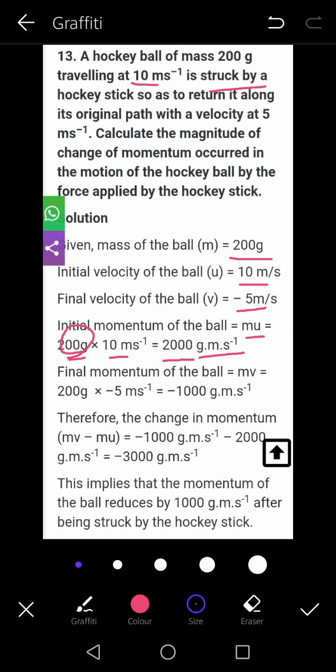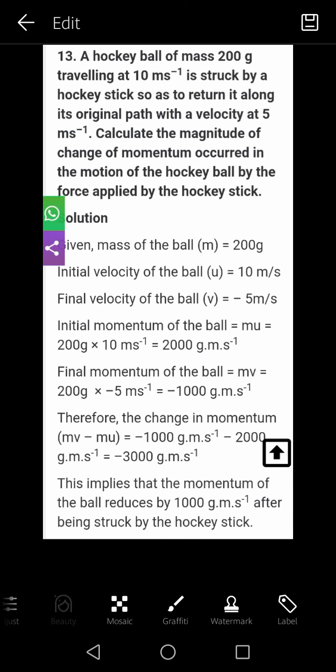Final momentum means mass into final velocity, which is minus 5. So if you multiply, the value comes as this. Okay, then the change in momentum will be final minus initial, and the value is minus 3000 gram meter per second. So this much only you have to find out in this question. The next one,